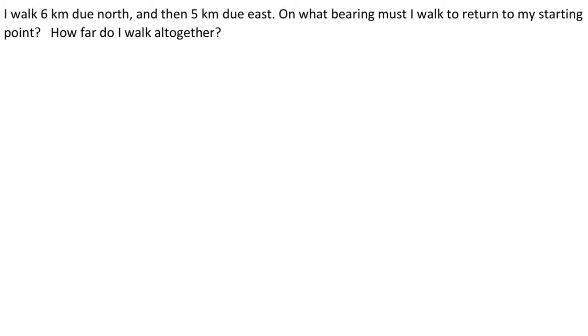The next example then: I walk 6 kilometers due north and 5 kilometers due east. On what bearing? Now that's a new word, and bearings are measured from a north line, and they're measured in a clockwise direction, and they should always have 3 figures. So you could have 008 degrees would be the bearing from a north line in here, where that would be 8 degrees,